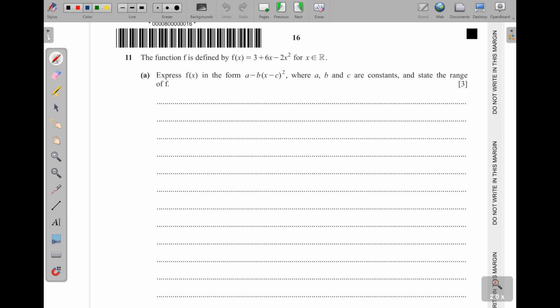So we have our f of x here, which is equal to negative 2x squared. I can put it in decreasing powers of x. The coefficient of x squared is not 1. I can do this in two ways. Number one is completing the square directly. Since the coefficient of x squared is not 1, I first factorize it. So this is negative 2, then here I have x squared, then plus,